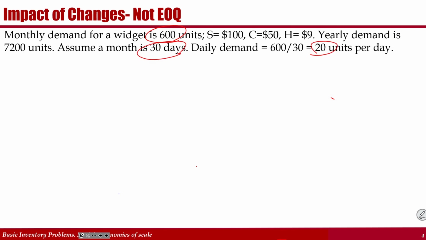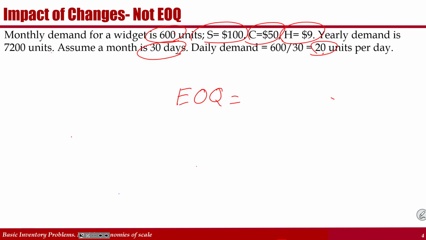demand is 20, and yearly demand is 12 times this number. And this is ordering cost, this is cost of the product, this is carrying cost per unit per year. Let me tell you something. In the EOQ formula, I don't need to put yearly demand. I can put monthly demand.